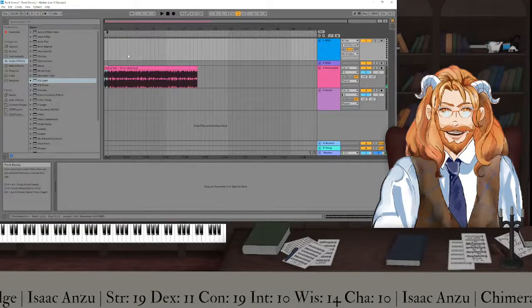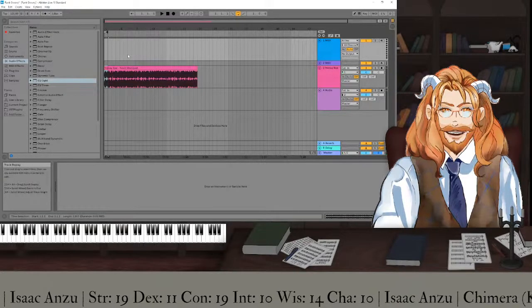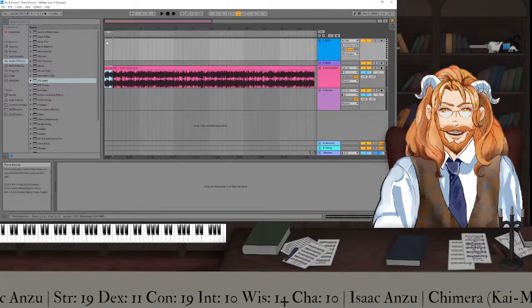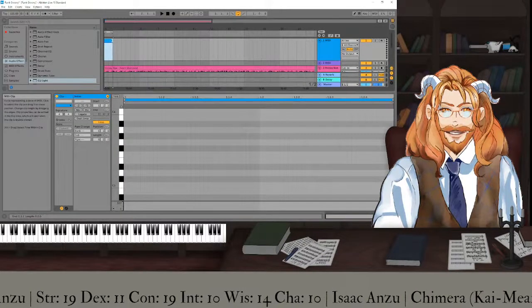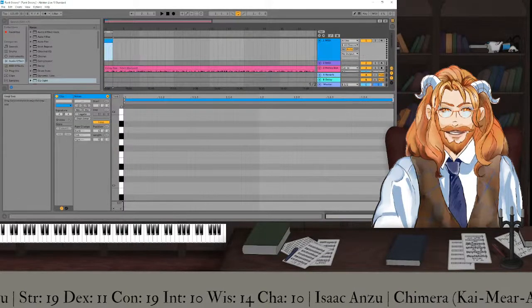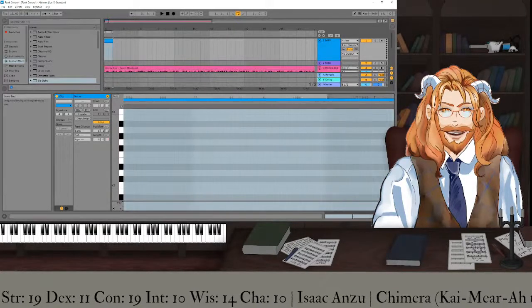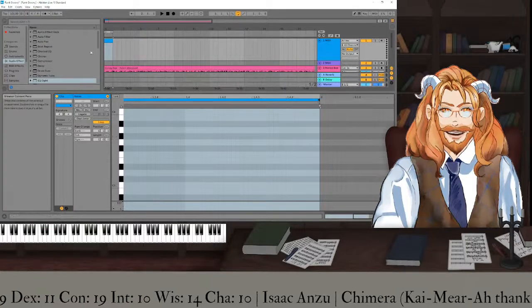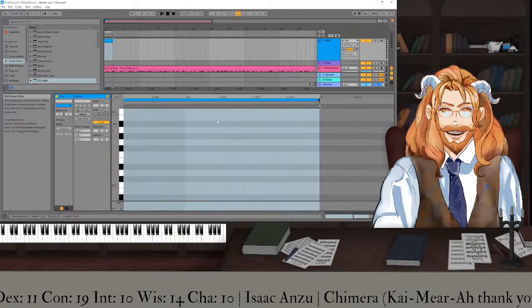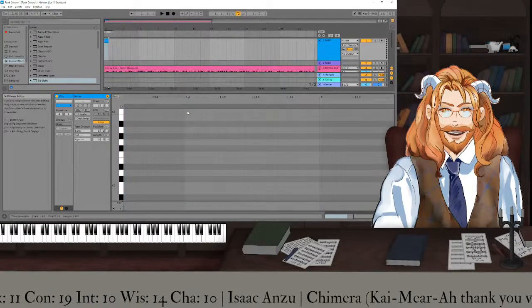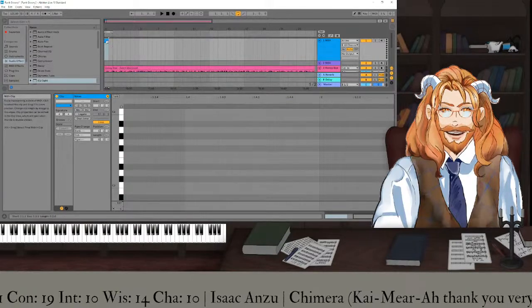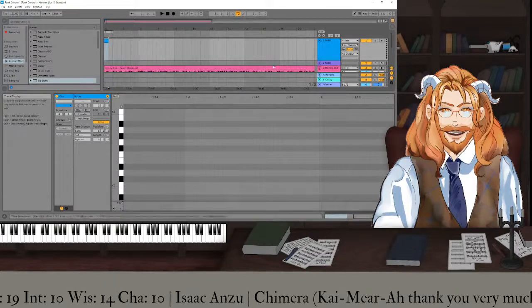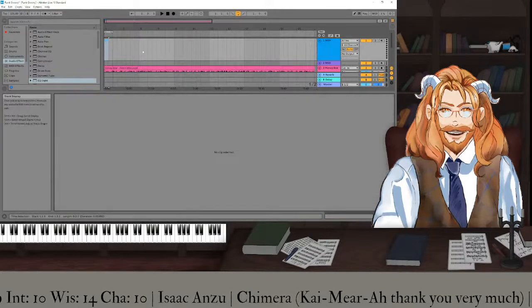So we've got this kind of going on, which is cool. And oh, wait a minute. I hate having to do this, setting up a clip and then having to drag it all out. But I notice that it sets it up as one. I thought it was going to set up as one bar, but it really only set it up as one subdivision, which is half a bar.